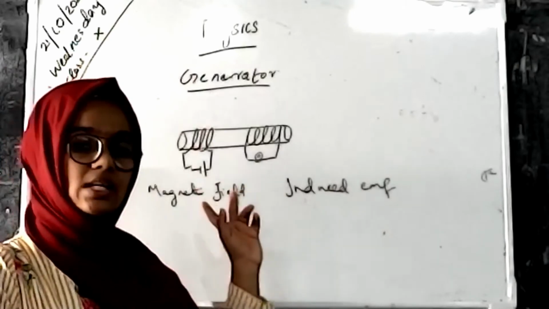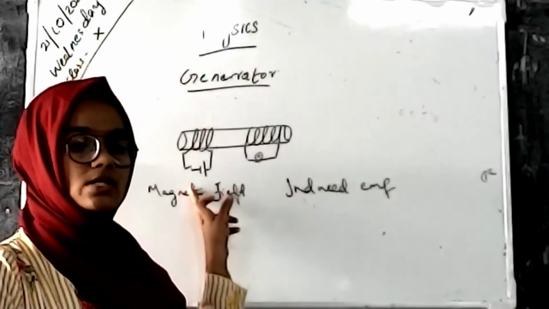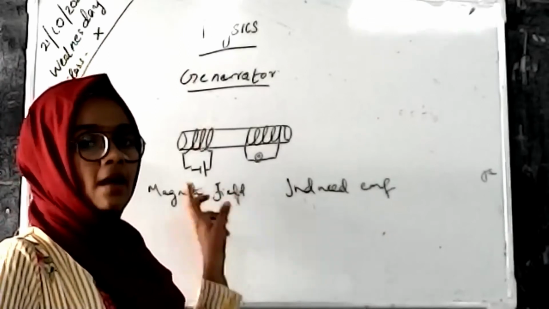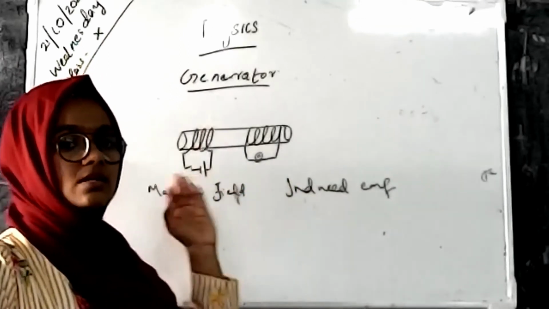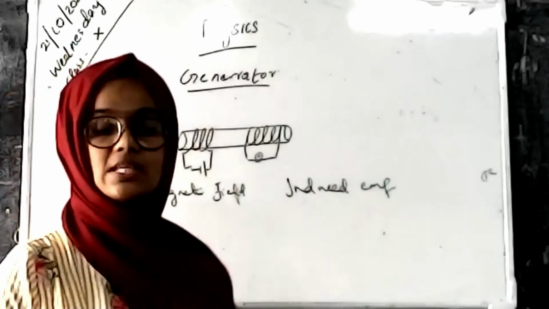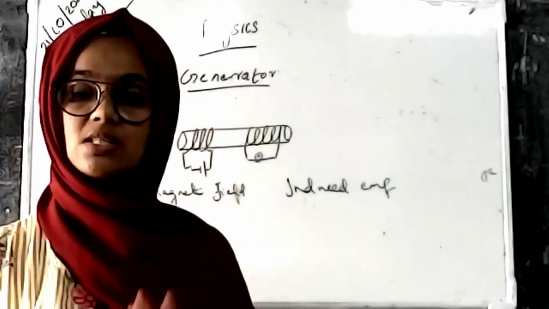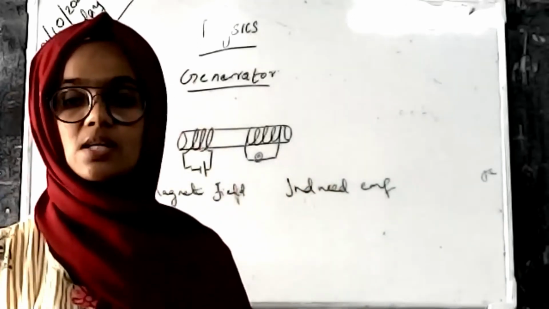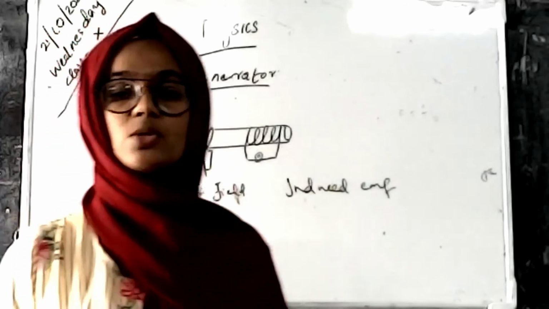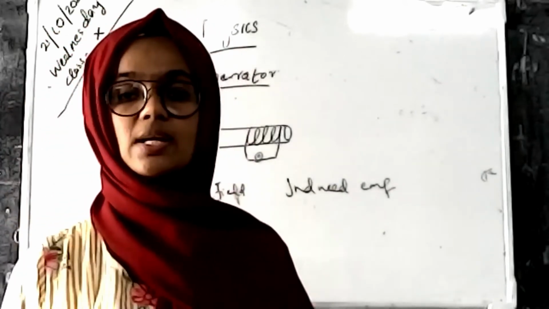Here, magnetic induction occurs in the first or primary coil. But in the secondary coil, an induction is generated due to the primary coil, and this specific induction is known as mutual induction. Next, we have to read what mutual induction is.